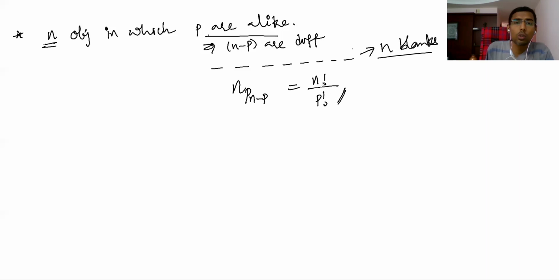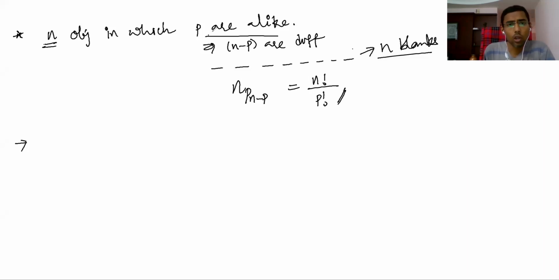That's what I am telling. So this is simple. The number of permutations, linear permutation, of n objects in which p are alike is n factorial by p factorial. This can be proved another way also. There is another way to prove it. Here p objects are alike.